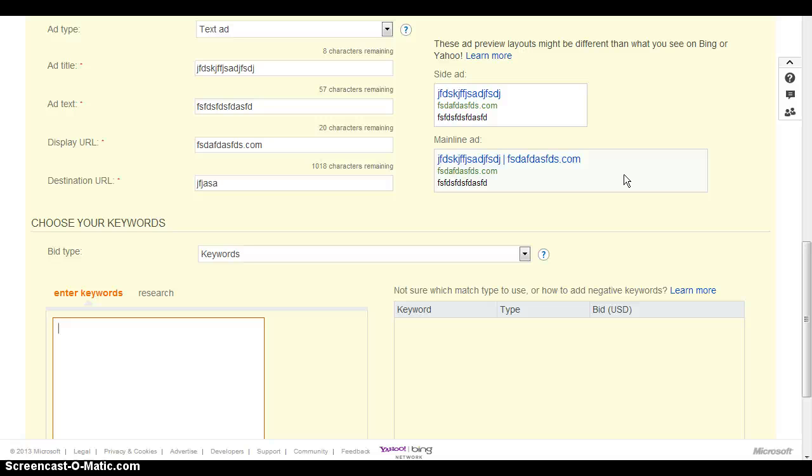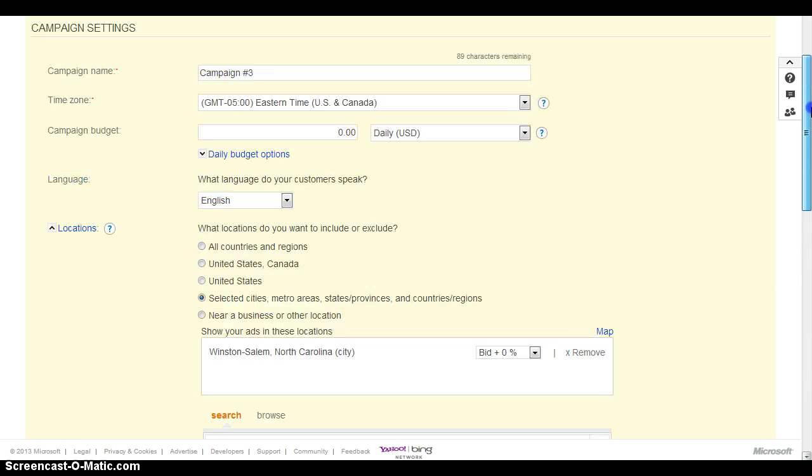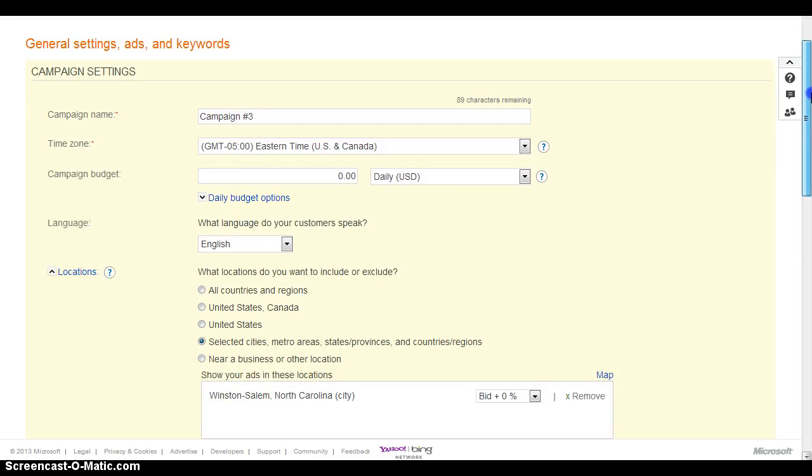So Bing Ads is a good one because Bing is a big search engine. It's similar to Google, so it's pretty popular. A lot of people use it. The problem is the bids might be a little higher per keyword, but I don't think it's going to be that high because yours is really targeted to the area geographically. It's not a national thing. You're only in Winston-Salem, so competition for keywords for Winston-Salem